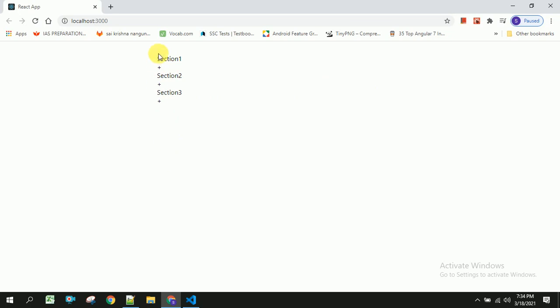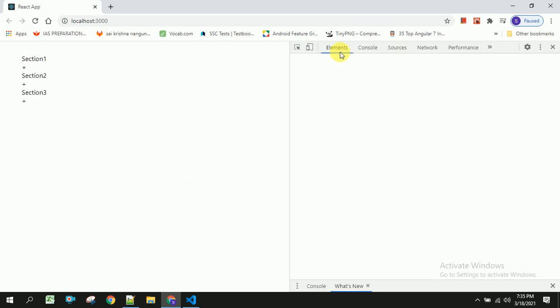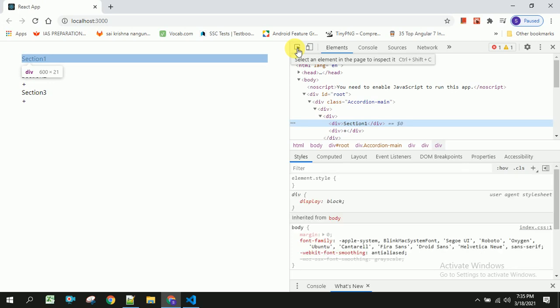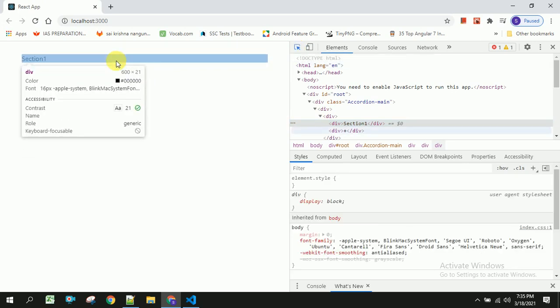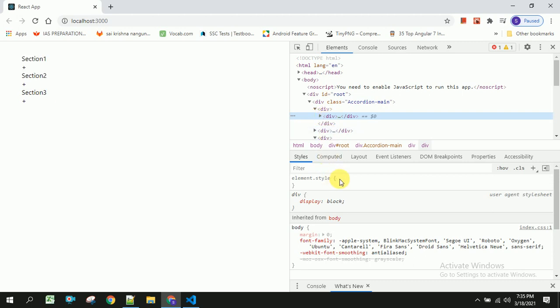Now we will apply these styles to this title and description. So for this, I am opening my console where I can add the styles. I will add these styles to this section.